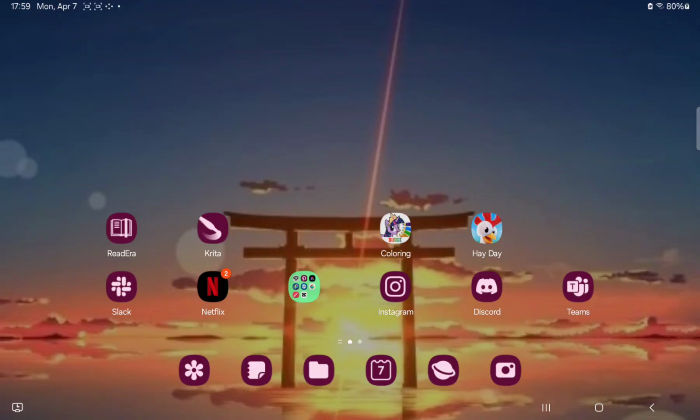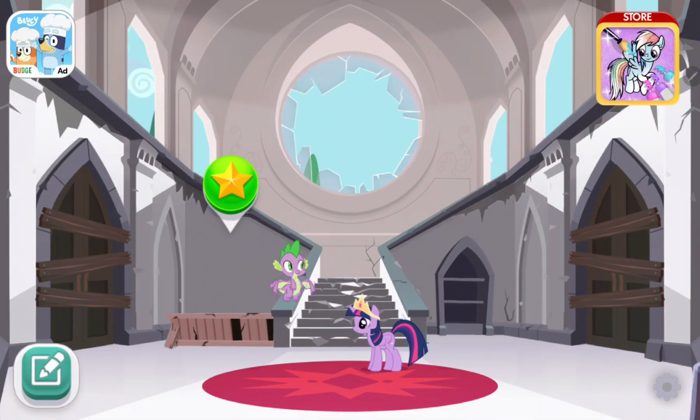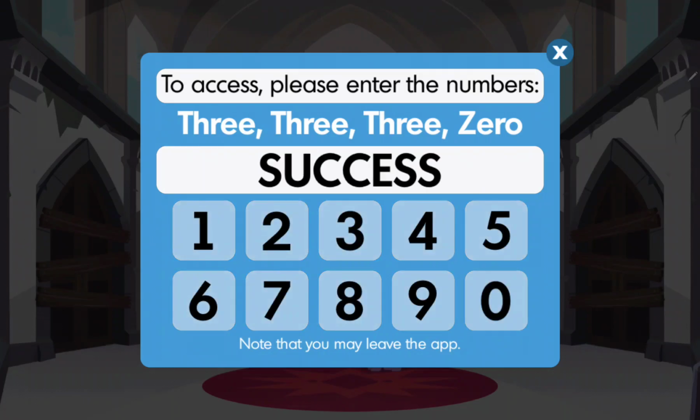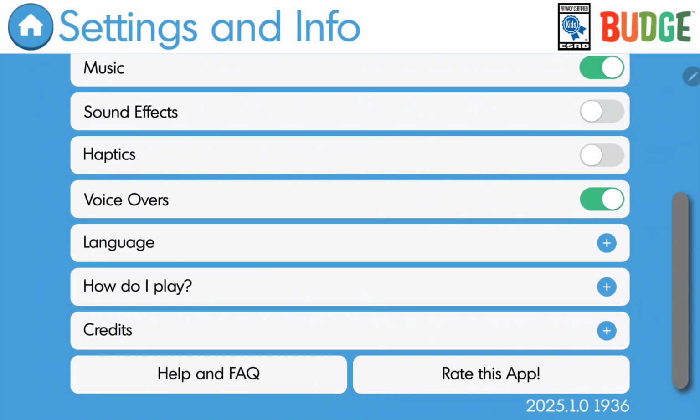First of all, open the application on your device. That's the home screen, and click the settings icon at the lower right corner of the screen. You just type the numbers, actually 3330, and that is the settings and info section. You can find the help and frequently asked questions option. Click that